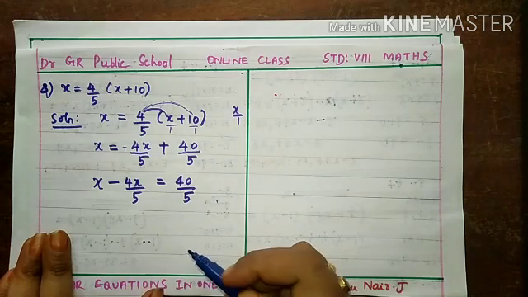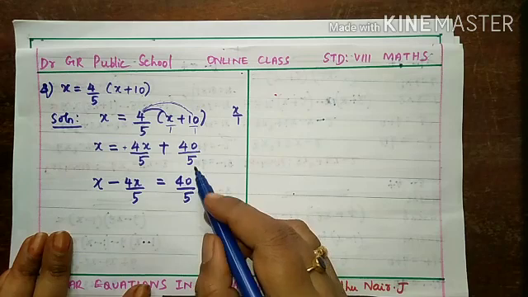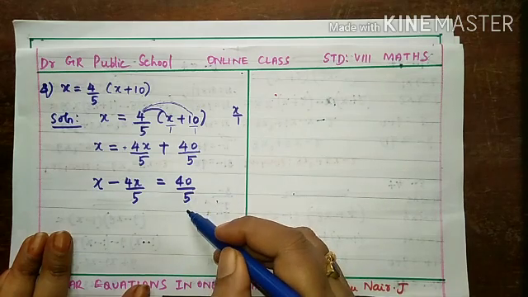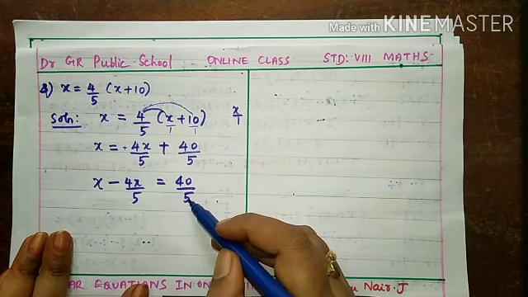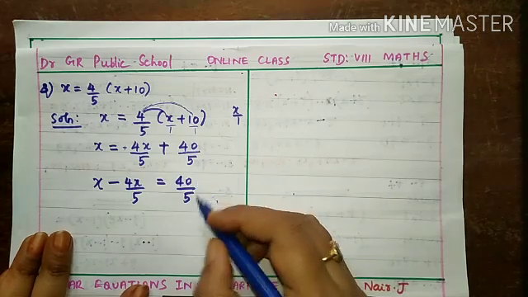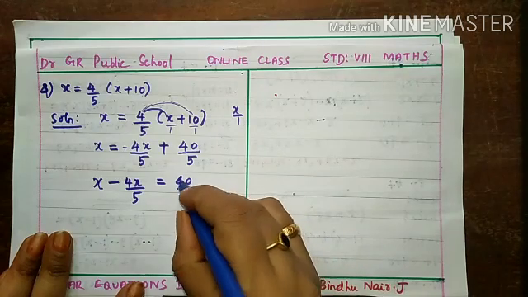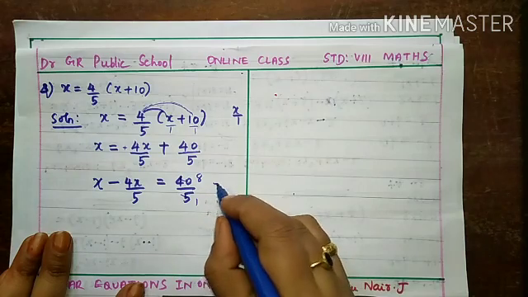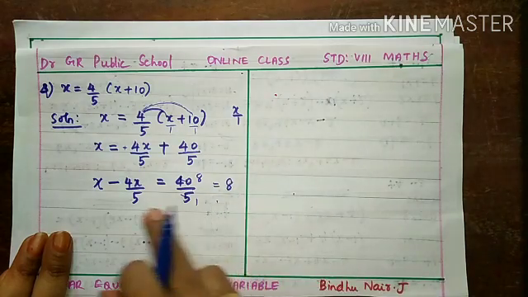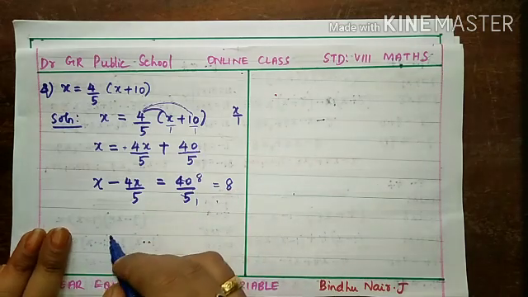Okay, now you see, first we can simplify this term. You see 40 and 5. 40 by 5, it's very simple. How many 5s are 40? Yes, 8 5s are 40. So here we can reduce. 1 5 is 5. 8 5s are 40. So it becomes 8 by 1, that is 8. So it's simplified. Okay. So now what you are doing?